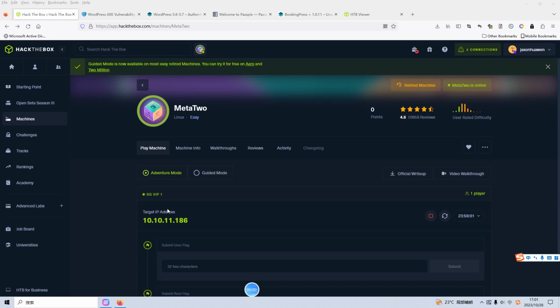Dear friends, I'm back with another machine on Hack The Box, which is MetaTwo. I've already spawned the machine earlier, and this is the IP address of the target. As always, I'd like to use PwnPenTest, the online Parrot OS provided by Hack The Box, to do this